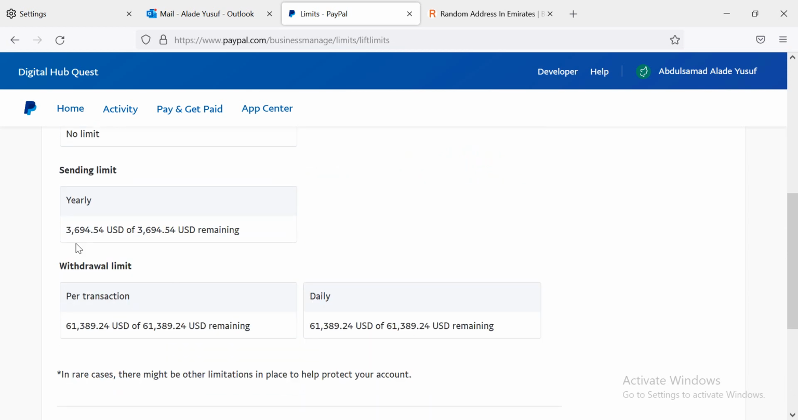Then sending limits, that's when you have 3,694.54 US dollars. So when you send out money up to this amount, then people will ask you to upload your ID. Sometimes they may only ask you to upload your ID in this case. But